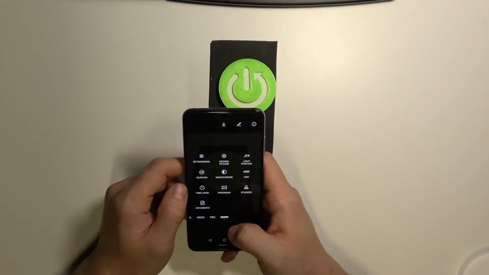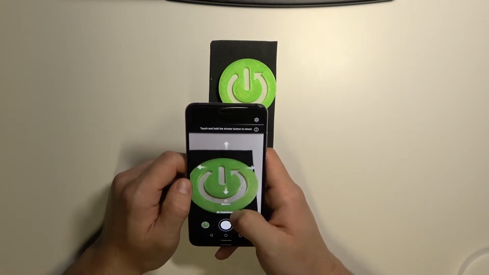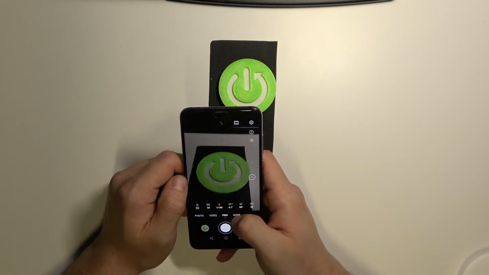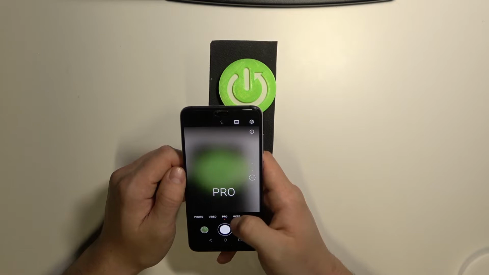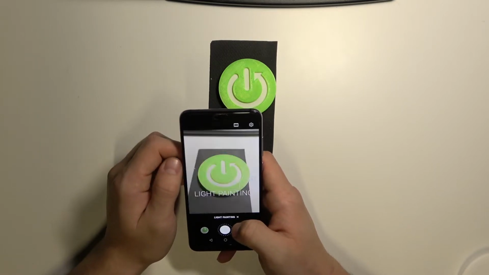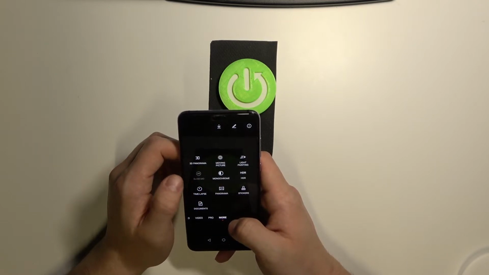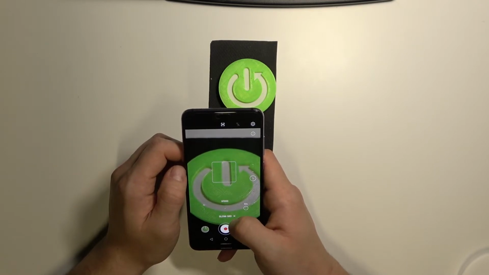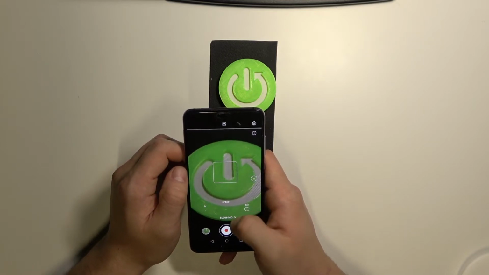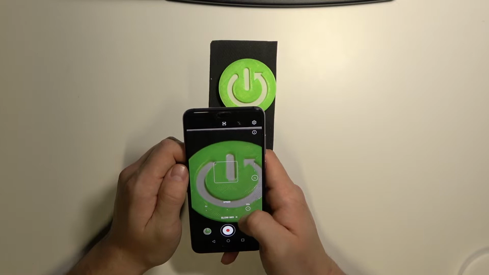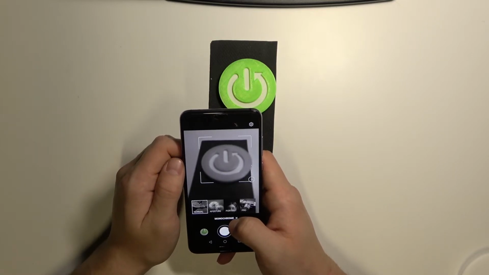And we've got more. In more, we can enter 3D camera, moving picture, light painting, slow motion, that we can adjust between 4 times and 30 times, monochrome,